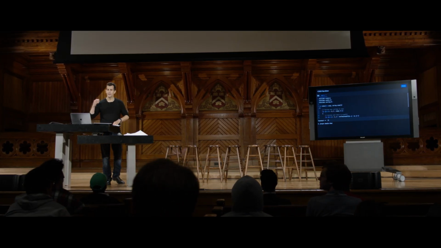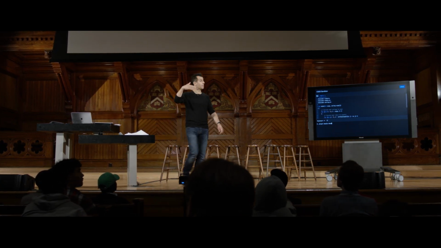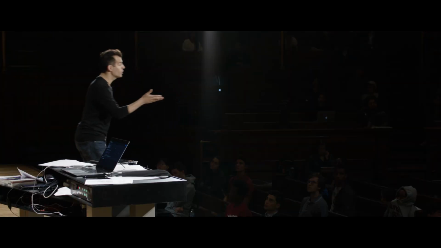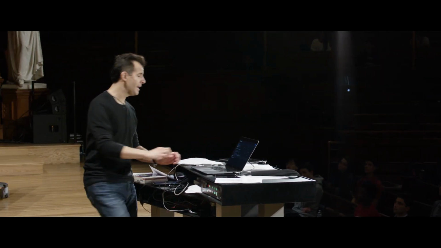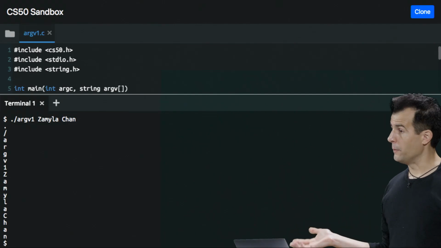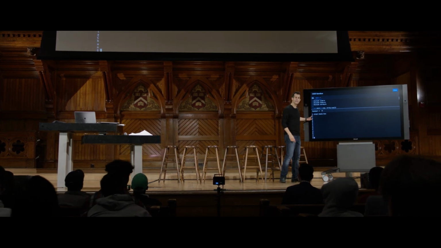Is that the right intuition? I'm going to see Zamila Chan, but one character on each line, including the program's name. So in fact, let me scroll this up so it's a little bigger. Enter. OK, it's a little stupid, the program, but it does confirm that using arrays,